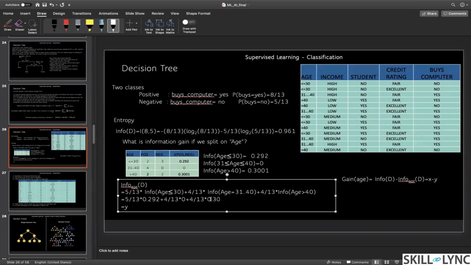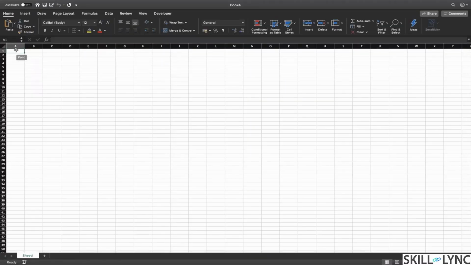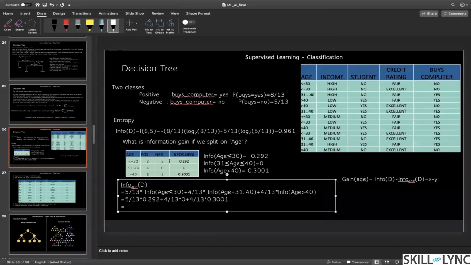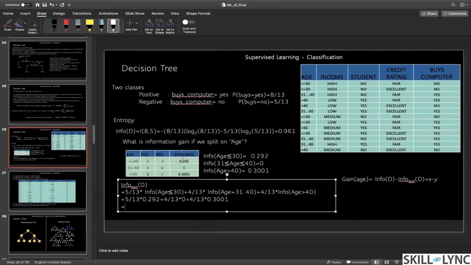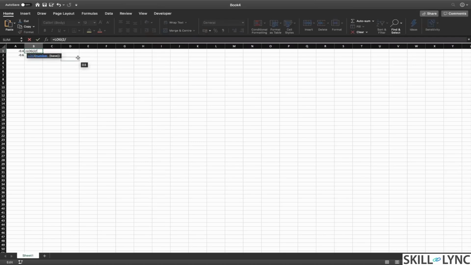So what will be the value of this? It's pretty straightforward. Let's do it together then. So the first one was minus 2 by 5, and the next one was minus 3 by 5, right? And then we have to calculate the logarithmic values, right? 2 by 5, comma, basis